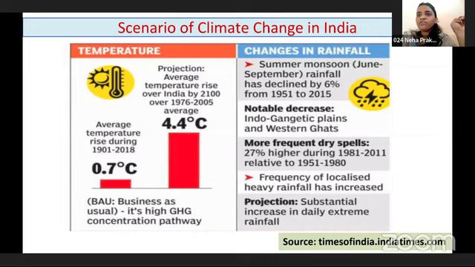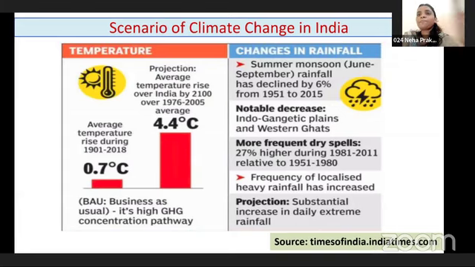But when you talked about now, it was observed that there is a change in the rainfall pattern, mainly due to the rise in temperature. So these two factors, the temperature as well as the rainfall, are leading to climate change worldwide. This is the scenario for climate change, which is affecting our agriculture systems. So we have to focus on both parameters that mainly influence our agricultural cropping system.